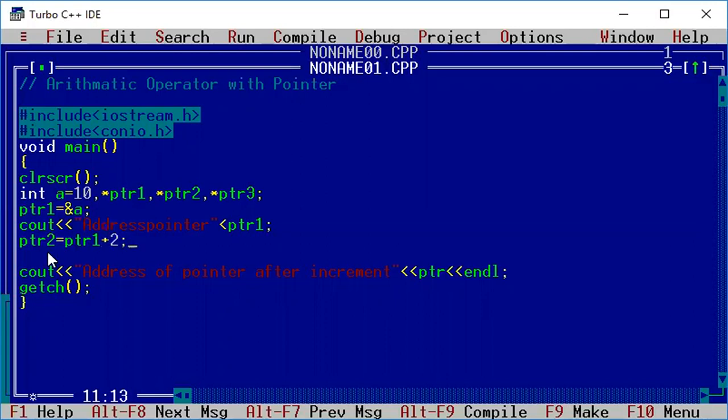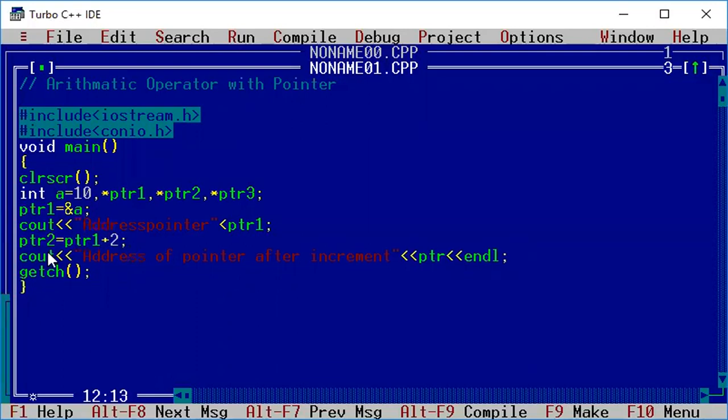That is specifically for the address of pointer 2. So here we just write address of pointer ptr2, and we will just print the value of pointer 2. And next we will use pointer 3 is equal to PTR minus 2, because we will use two different